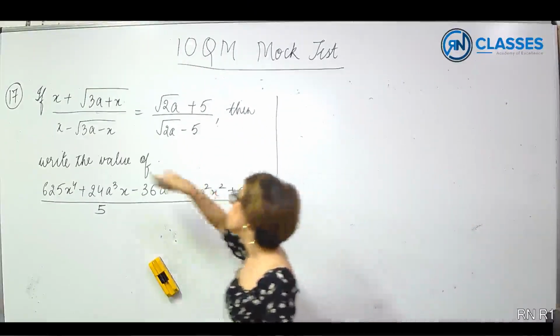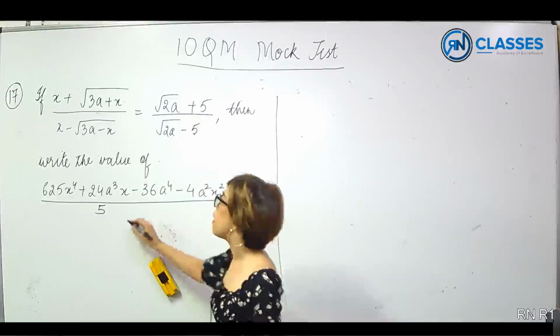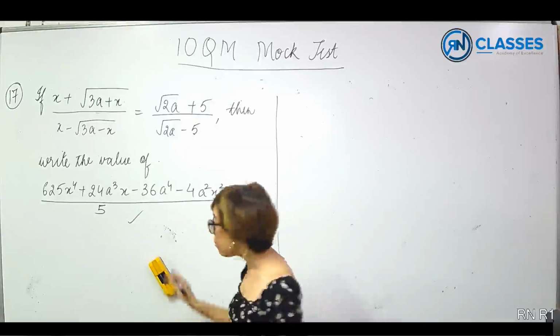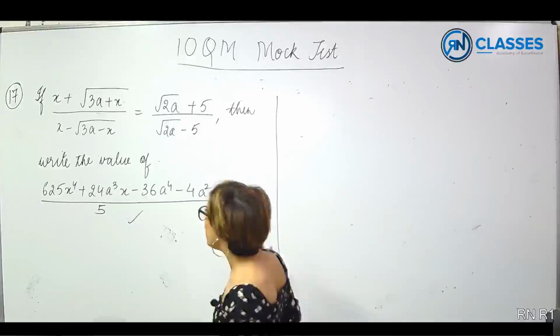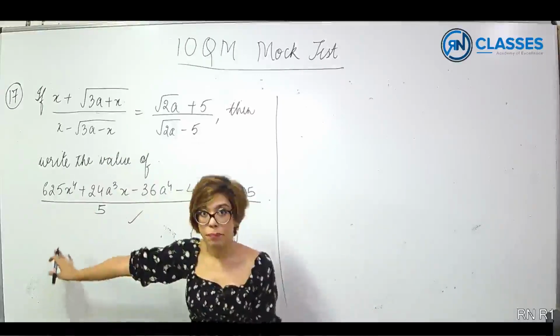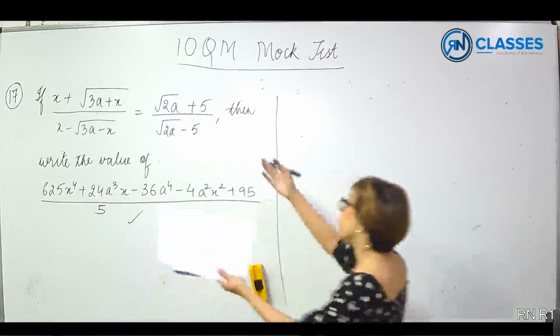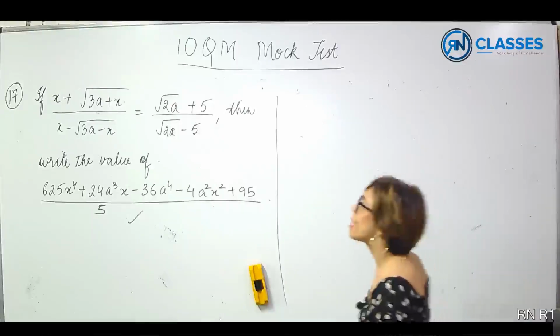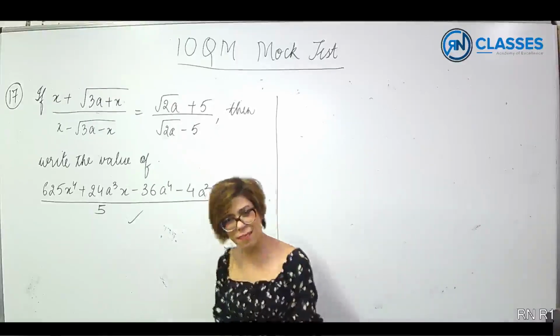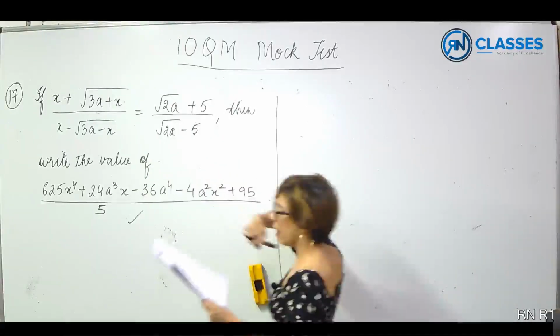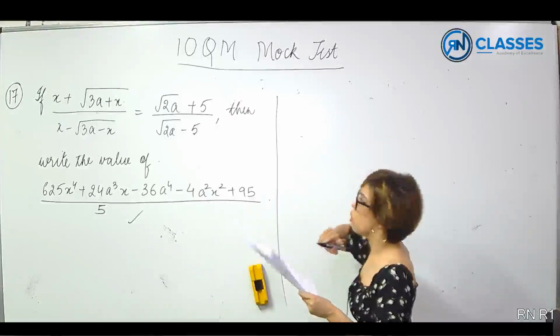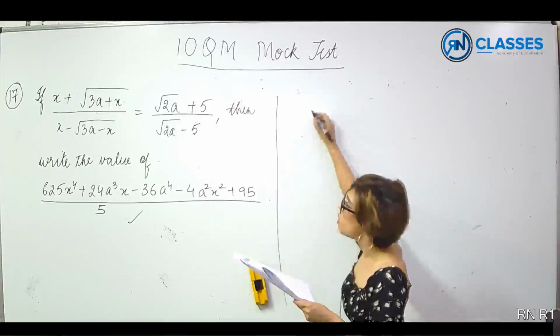Alright. On to the next one. Now he says if this is equal to this, then you need to evaluate this quantity. Now the thing is, somehow I need to generate this quantity, and I have to start with that. Now obviously the logical step is I'll cross multiply at least. So I'll cross multiply and I will get a very nice relation, which will turn out to be